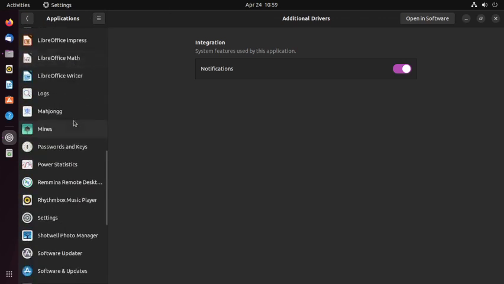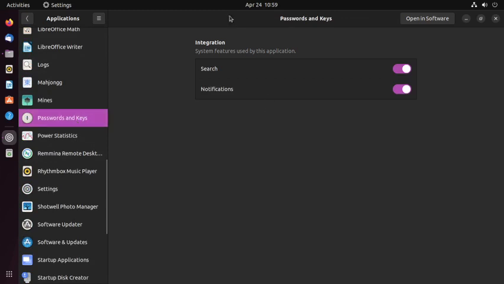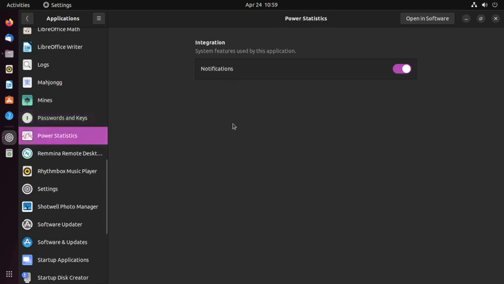A list of apps is given. Say if you go to passwords and keys: do you want to integrate this app with the search and notifications? Yes. So passwords and keys will be able to show you notifications using the system. Go to power statistics. If you click this on, then power statistics can give you notifications whether your battery is not charging, your battery is fully charged, or only 10% power is remaining. Notifications of this kind will be shown. So we come out,